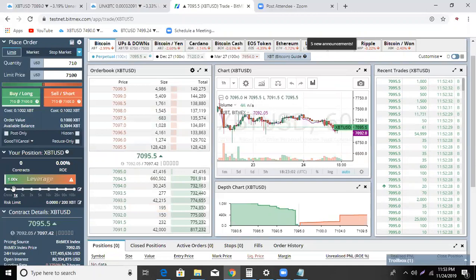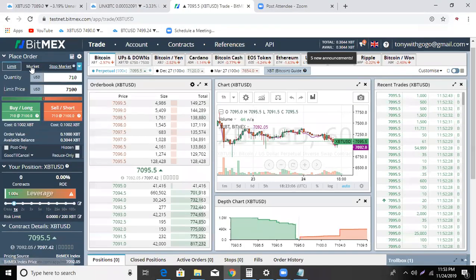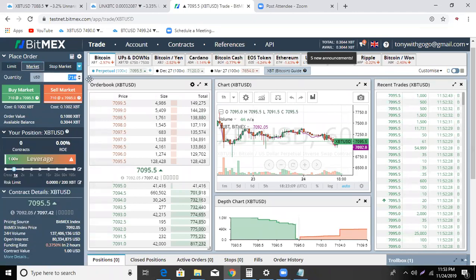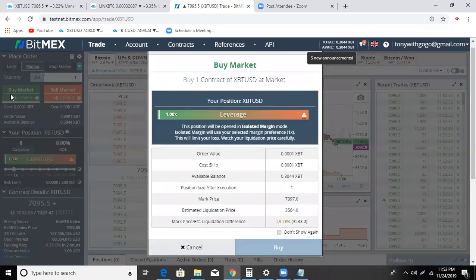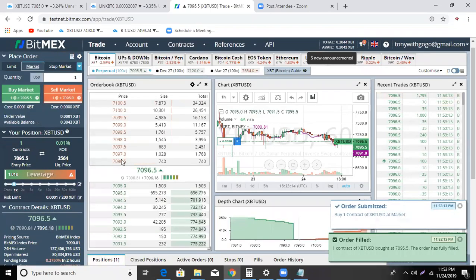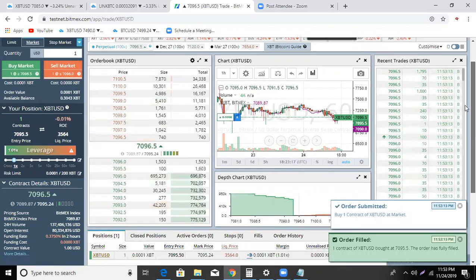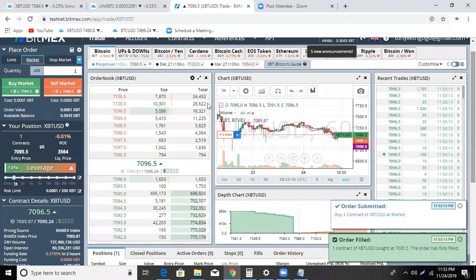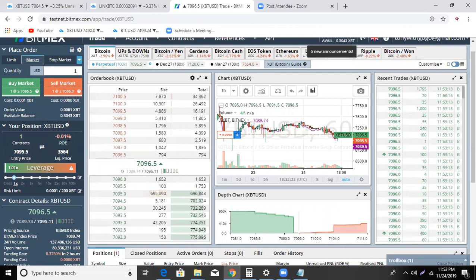Okay, let me show you. I'm using the 1x trade. Okay, and I'm going to take a market long. Just for this example, I'm using one contract and I'm buying at market. Okay, I just bought on market. So you can see there is a percentage on ROE, right? 0.01%. Do you see that? Okay, because I'm in trade,